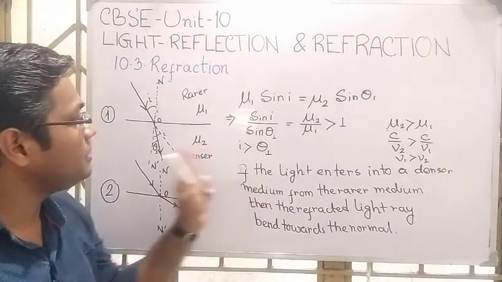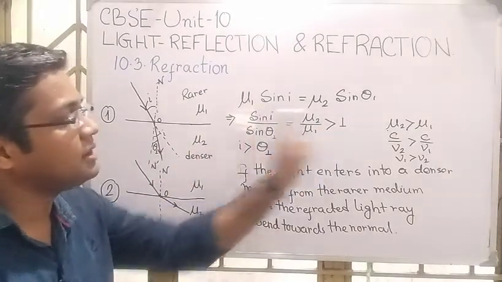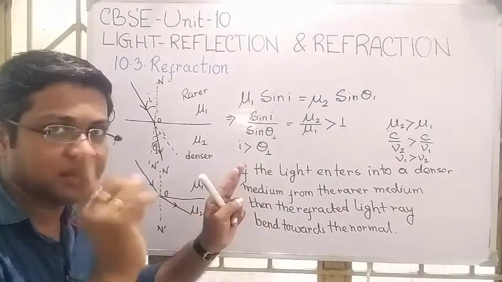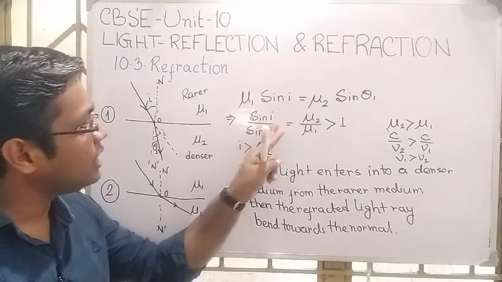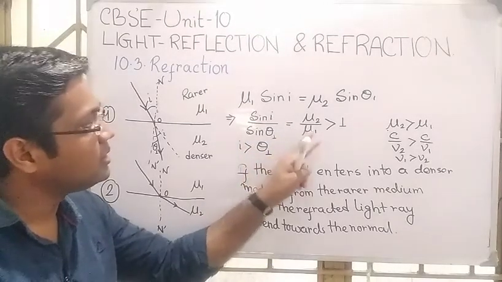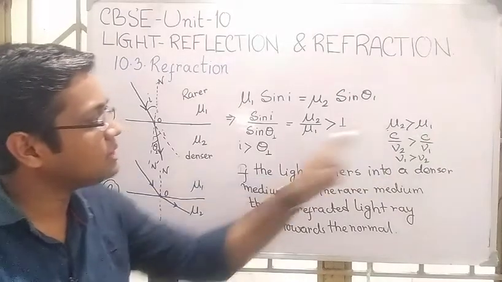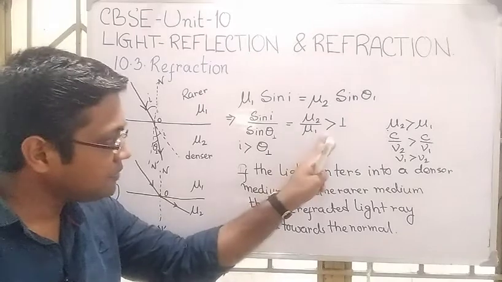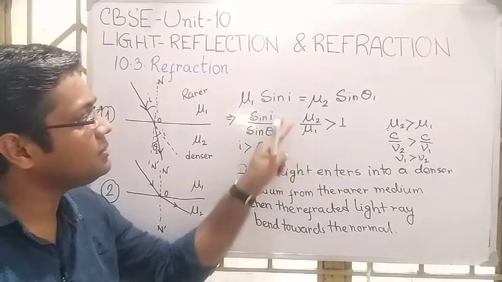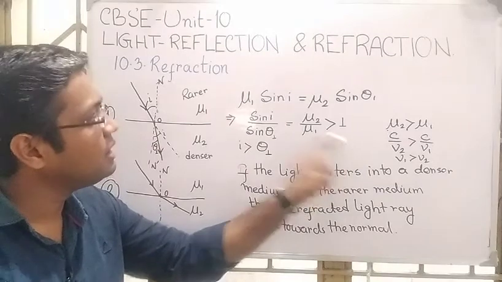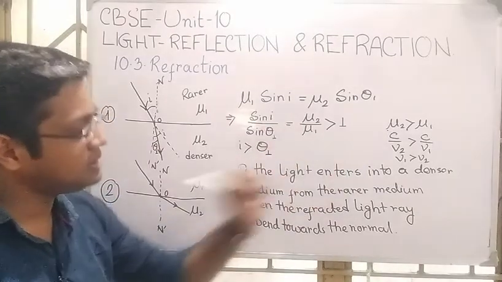Okay, refractive index into angle, you are following this thing in the time of writing Snell's law, refractive index into angle. Just remind this thing. sin i by sin theta 1 gives us mu2 by mu1. Since mu2 is greater than mu1, we can consider mu2 by mu1 greater than 1. If mu2 by mu1 is greater than 1, then sin i divided by sin theta 1 is greater than 1. Then we can say sin i is greater than sin theta 1.